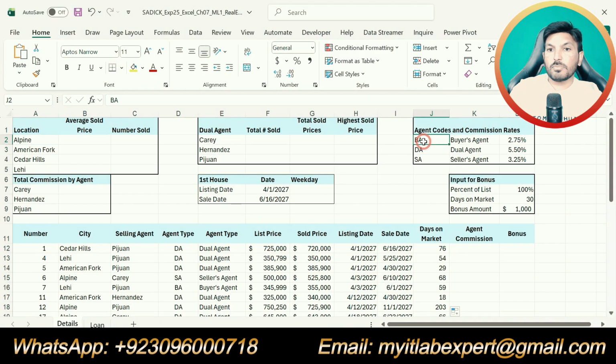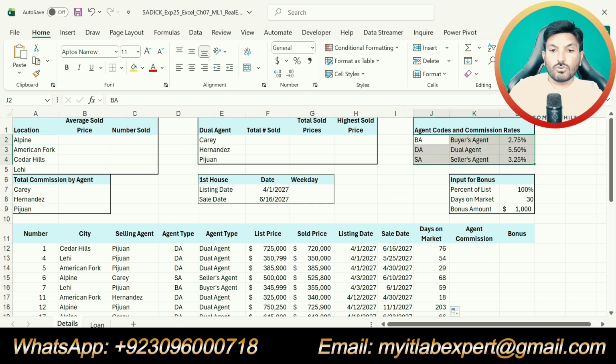So, like for BA, the agent commission is 2.75. For DA, the agent commission is 5.5. For SA, the agent commission is 3.25. So, we are going to calculate the agent commission in cell K12 based on the agent codes given here.